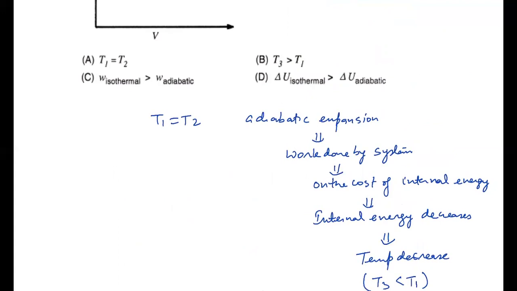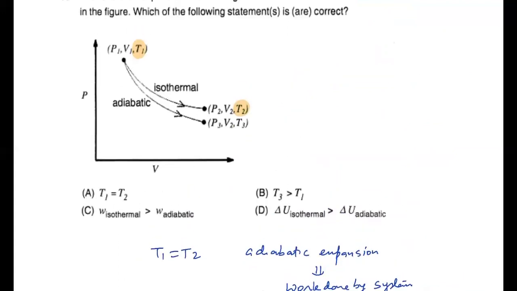Although in this case, IIT has given margin to the students, because if you compare with the mod value, then work done of the isothermal process is more than that of the adiabatic process. So IIT has given a margin to the students. Those who have written answer C as correct, they have also got the mark, and those who have left option C, they have also got the mark. Otherwise, from a futuristic angle, we should be very much clear. If this question were in a physics paper, then option C is correct, because there work done by the system is positive. In chemistry, according to the chemistry convention, work done by the system is negative.